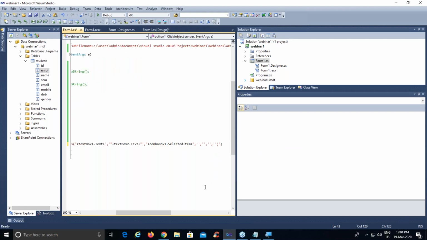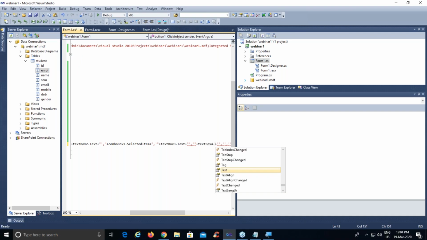Then next is email. Again double quotes, plus plus, and text box 3 dot text. Then for mobile, again double quotes, plus plus, text box 4 dot text. Then for date of birth, again a